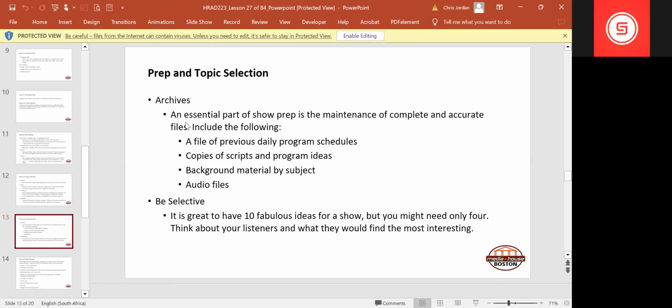Archives, once again, please: at the end of your show, you should constantly keep an archive of all the material that you have produced. Specifically, if you are going to podcast, you will have audio that you have saved into an archive. Make sure that you date it and label it correctly.